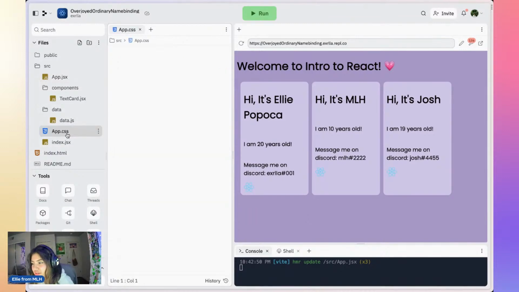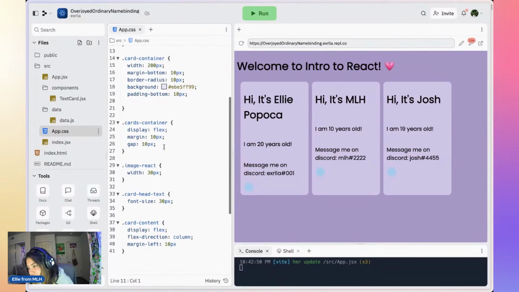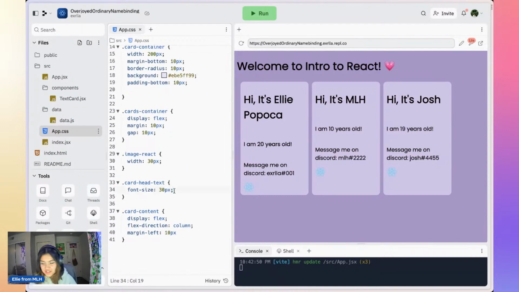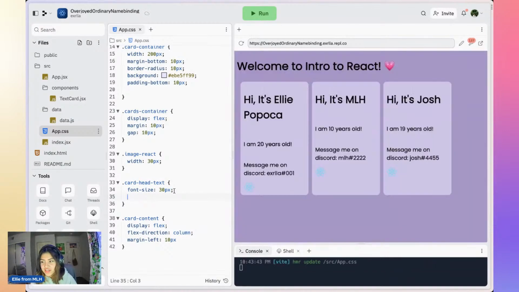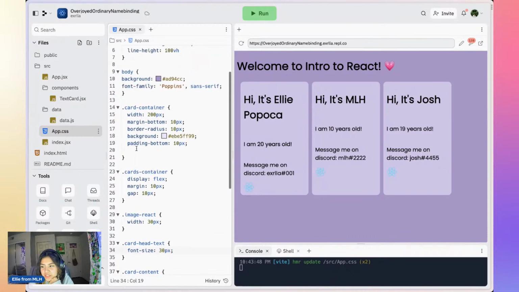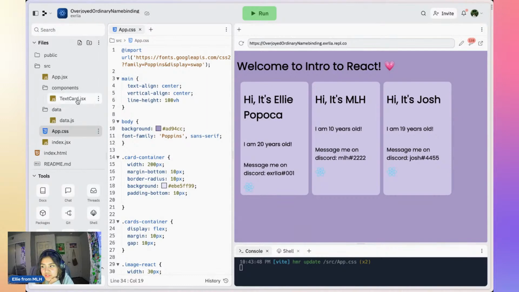I feel like you could just never end with CSS. Let me do line spacing for card head text, yeah. Actually, no. Small avatar of user in the card. Yeah, I think that's what I wanted this bottom picture or this React thing to be, because it's at the bottom, right? But we could do